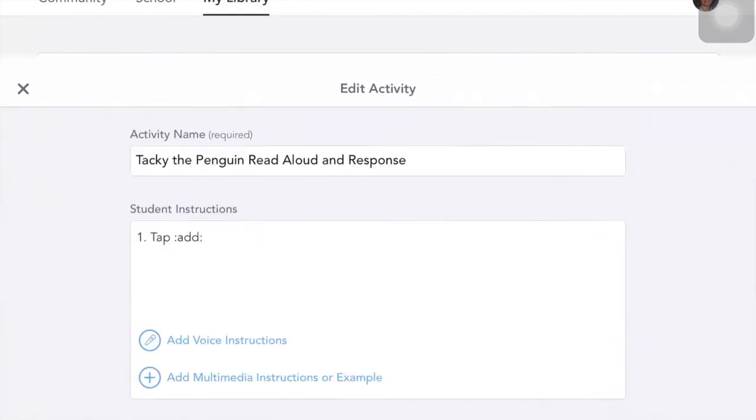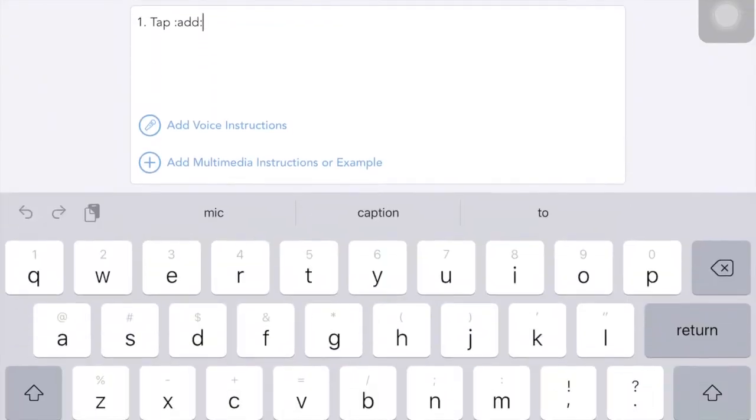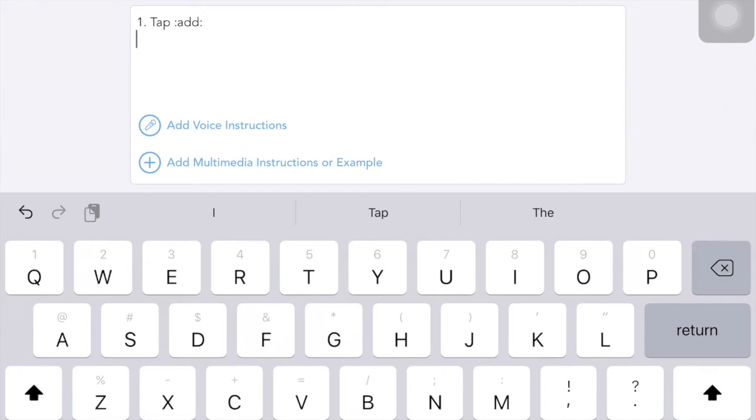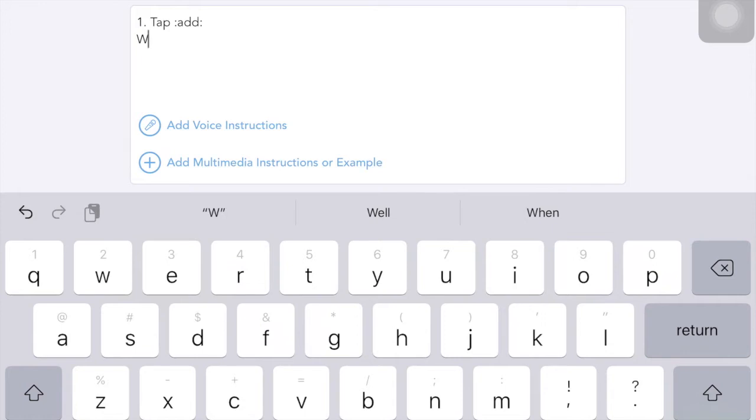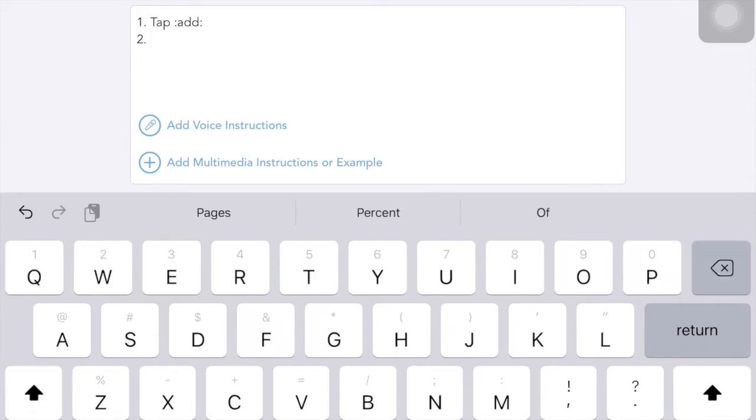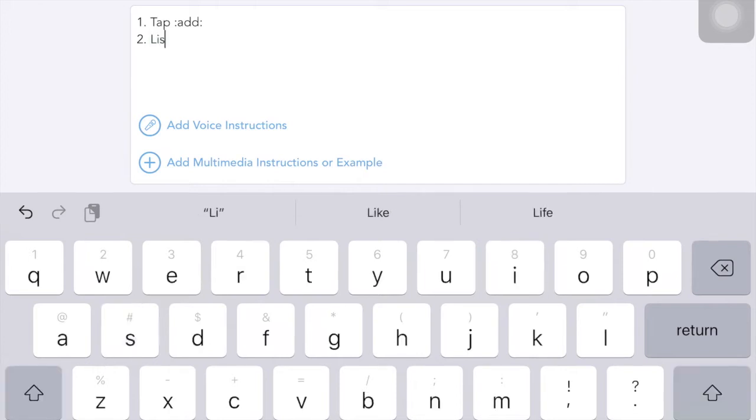So we'll go back into edit activity. So you're always going to start with tap add response, because that's the first thing the kids will have to do. And then I would say, oops, let's put 2, and then say listen to each page of the book by tapping on,